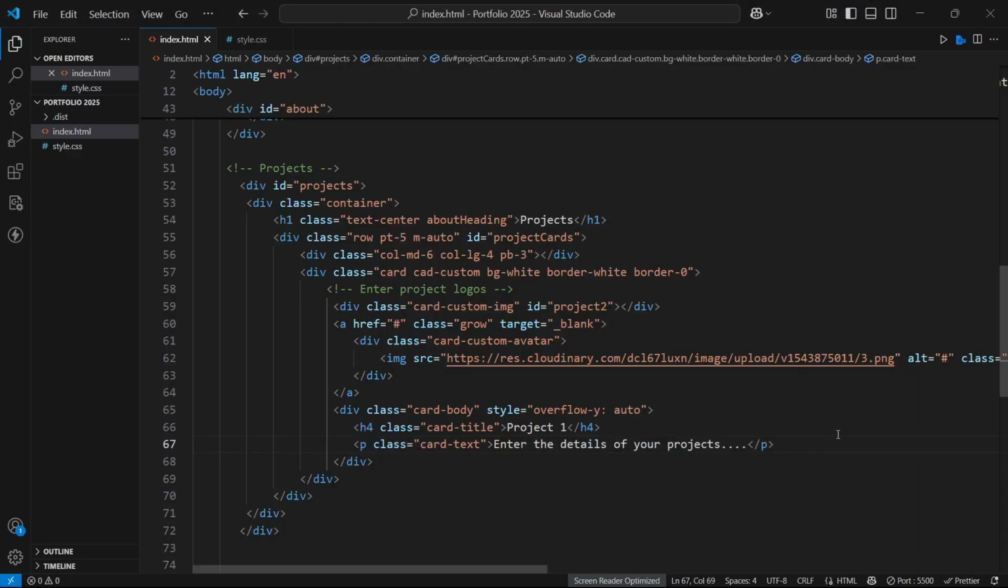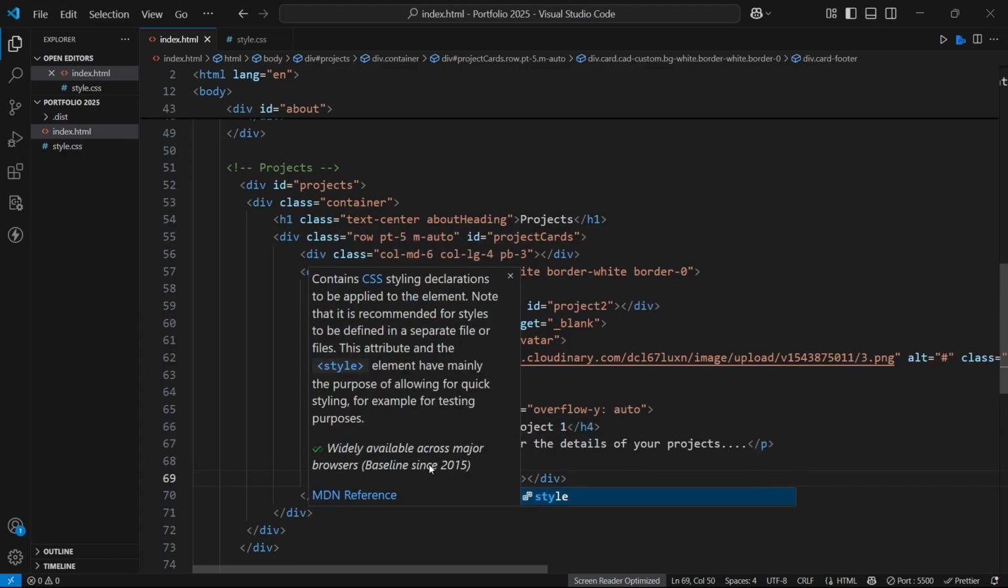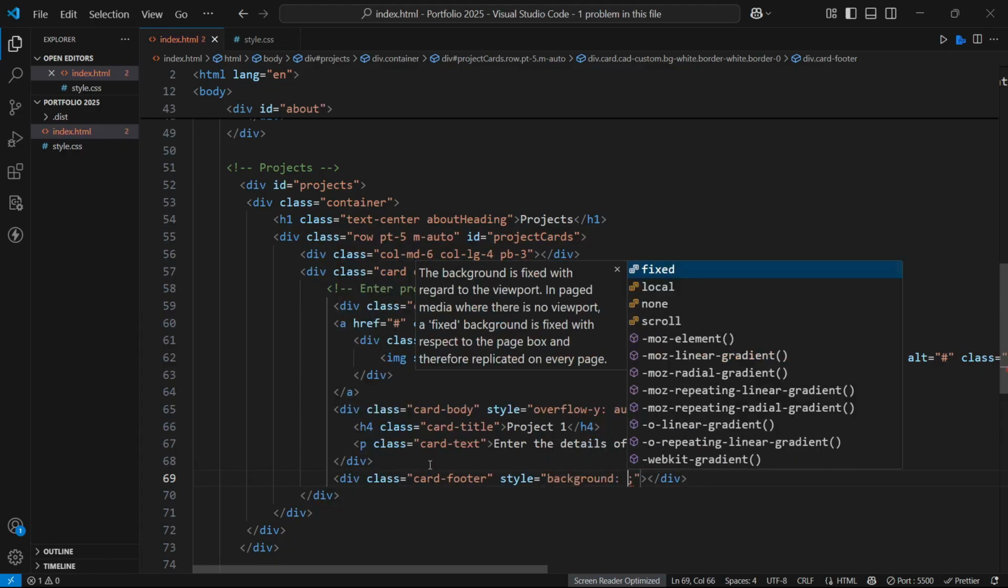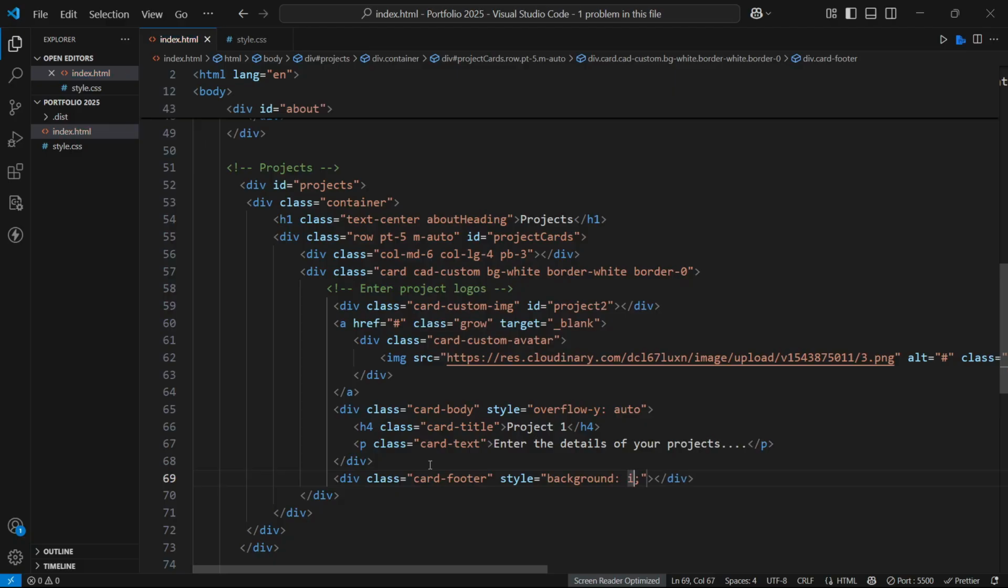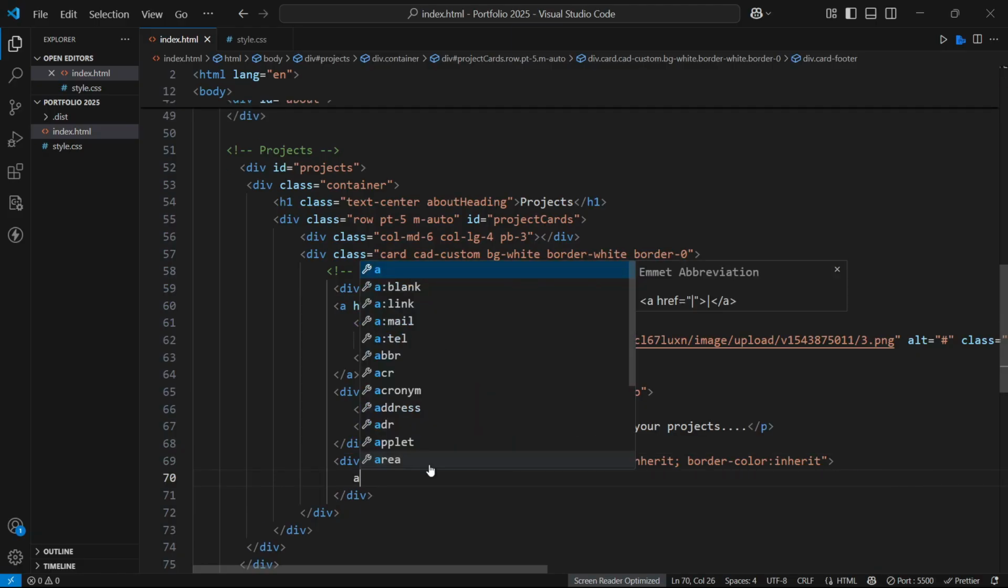And also, we need to add one more thing, that is a button. So we'll have a div with the class of card footer, and we'll have a style with background inherit, and a border color that would be inherit as well. And we'll add an anchor tag with the class of